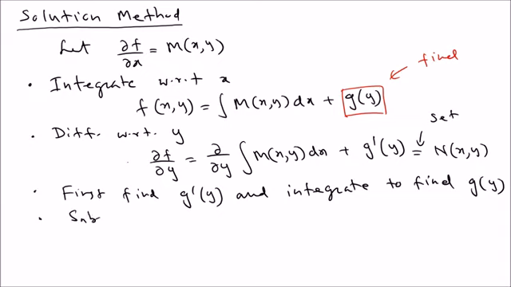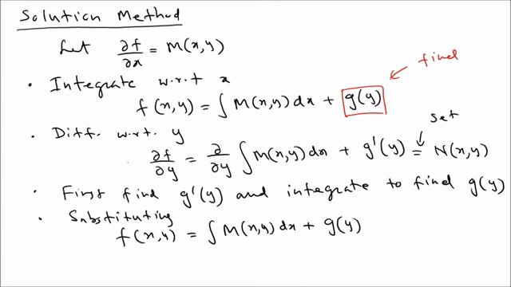Substituting, we have the f(x,y) function. So we can substitute here. We know this part, plus now we know g(y) because we found that above. Okay, now we are not done yet, but we know that the function, what we can do, we can set this equal to